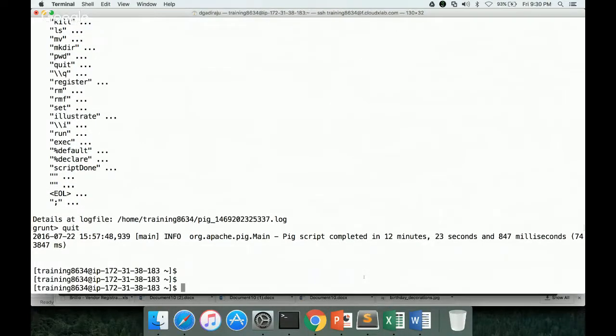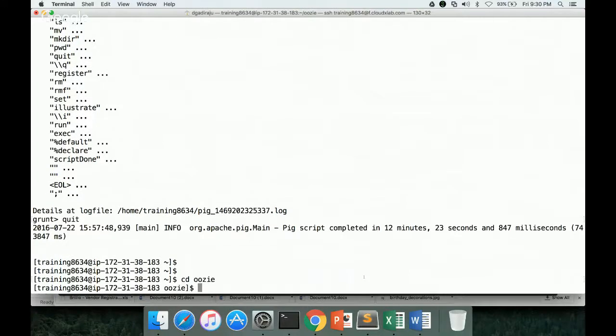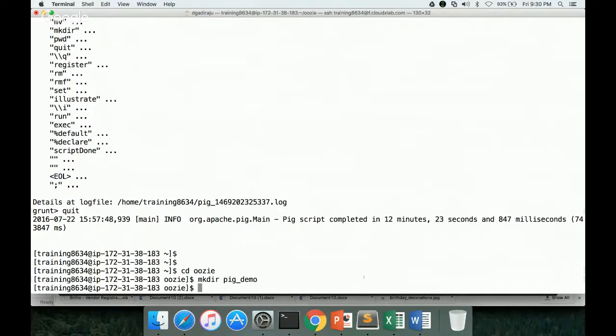Now I am creating a directory called pig demo, inside the already existing Oozie directory. I will be integrating those three commands of pig into Oozie. For that, first I have to create a pig script. So here I am saying script.pig, or let me say